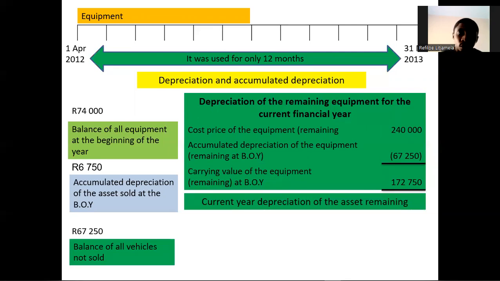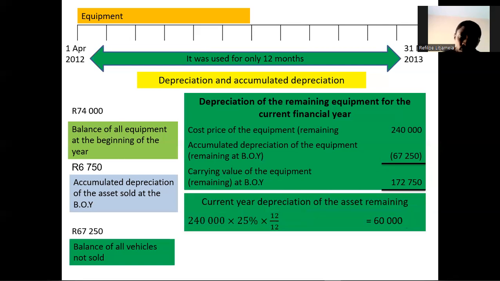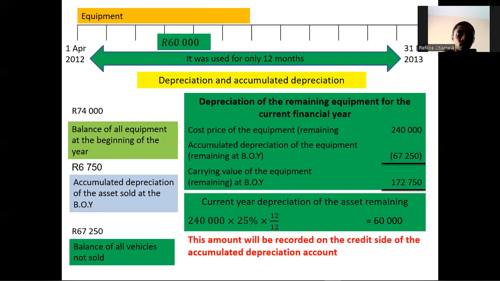And I used the remaining equipment for the entire year because I've had them the entire year from the beginning of the year. I will simply take 240,000 multiplied by 25%, multiplied by 12 over 12, that will give me 60,000, which is the depreciation for this year. I will record it on the credit side, meaning that my depreciation for the current year in total will be 60,000 plus that 3,750 of the equipment sold, and then it will give me the total depreciation for the current year. And 127,250 will be the accumulated depreciation on the remaining equipment,